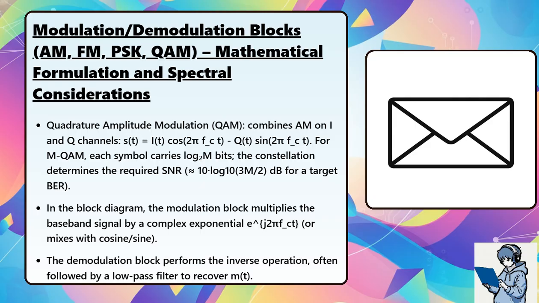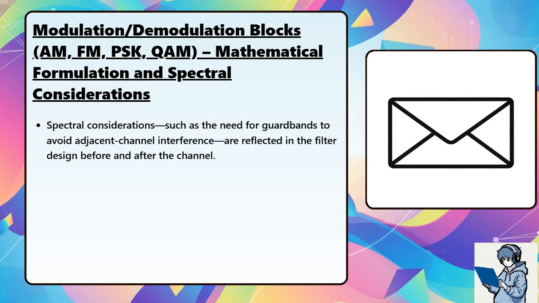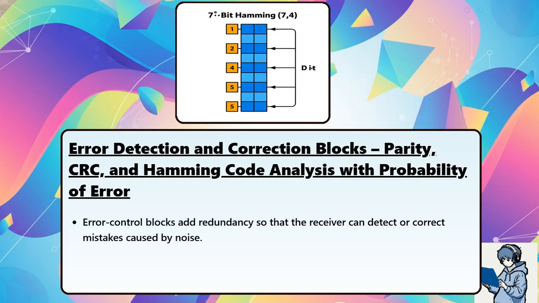The demodulation block performs the inverse operation, often followed by a low-pass filter to recover m(t). Spectral considerations, such as the need for guardbands to avoid adjacent channel interference, are reflected in the filter design before and after the channel. Error control blocks add redundancy so that the receiver can detect or correct mistakes caused by